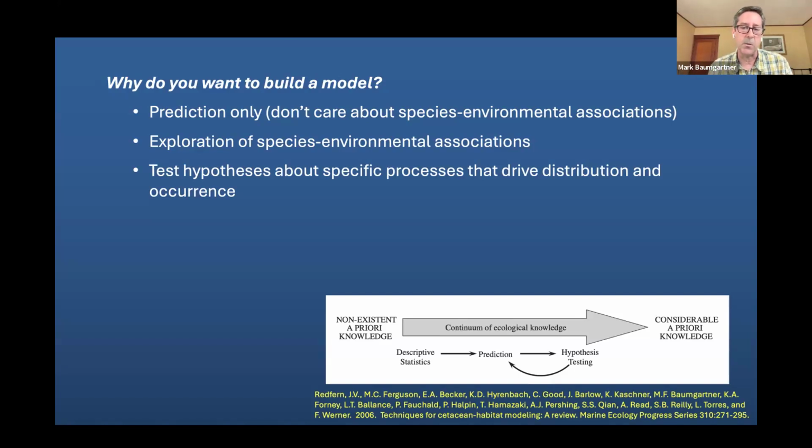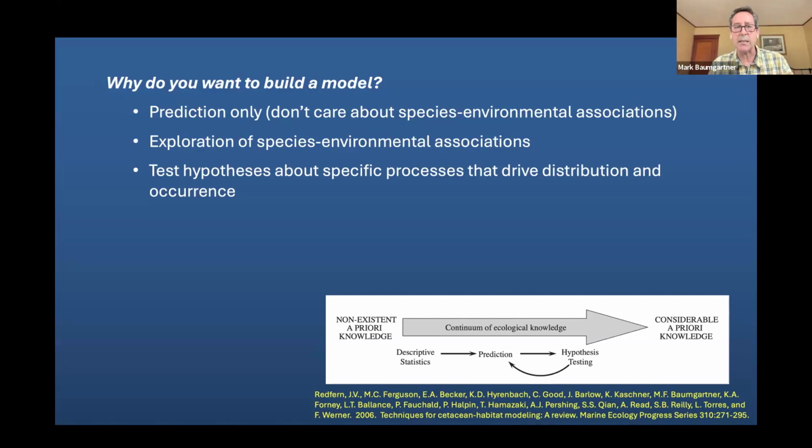This is a long time ago. This was a product of a workshop a long time ago. For some reason, I feel like Joel might have convened this workshop. But what came out of it was Jessica Redfern led a paper describing the state of the art in cetacean habitat modeling. And there's this figure in there that helps me understand where you are on